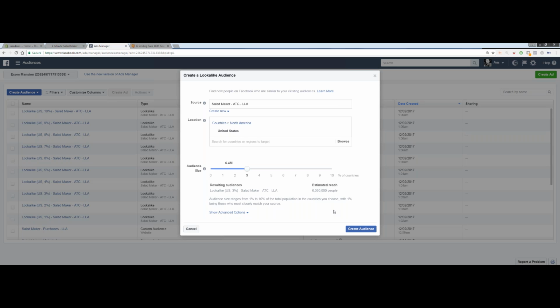Within 48 hours, you should have ad sets that have add to carts. Do they have purchases after 48 hours? Yes. Is it profitable? No. Breaking even? Let it run another day.